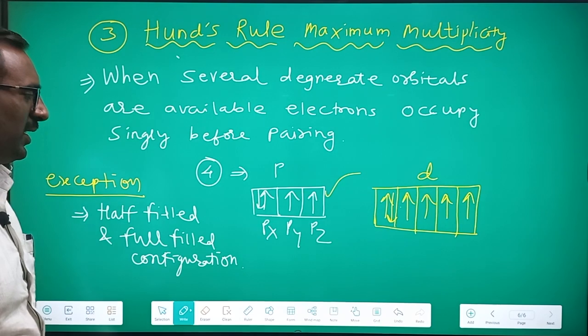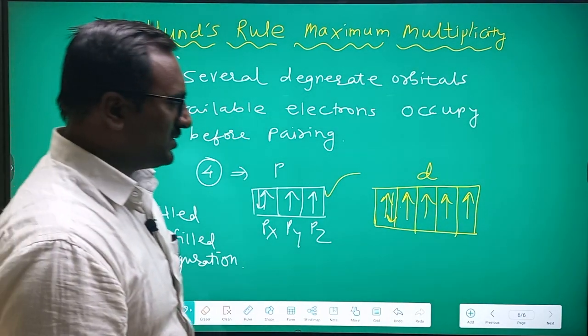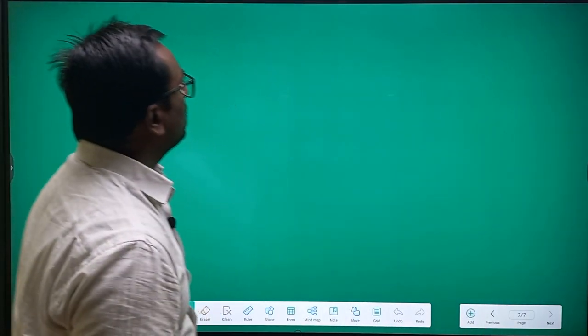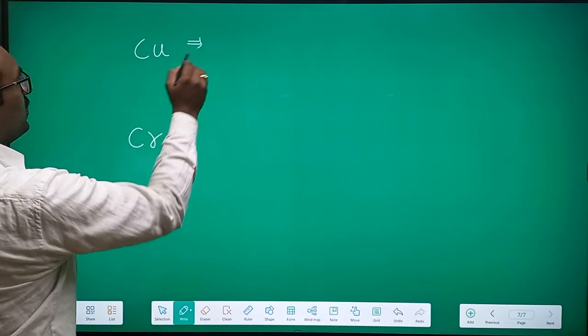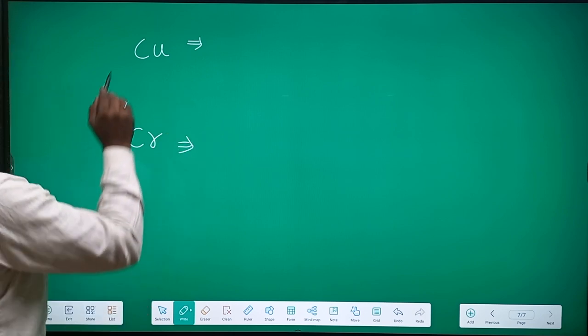Hund's rule is not obeyed. Then what happens in such cases? For example, let us see. Suppose we have copper and chromium. They do not obey Hund's rule of maximum multiplicity. Atomic number of